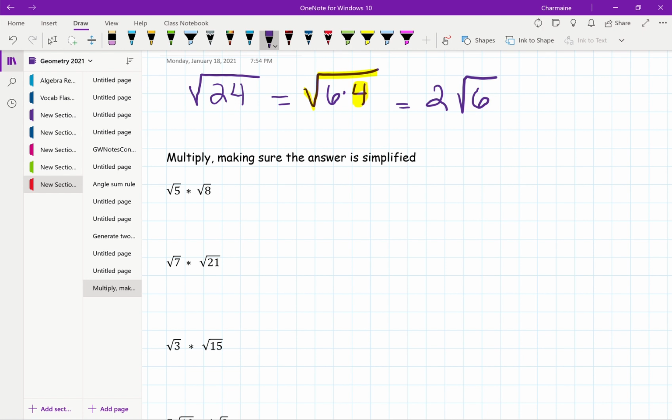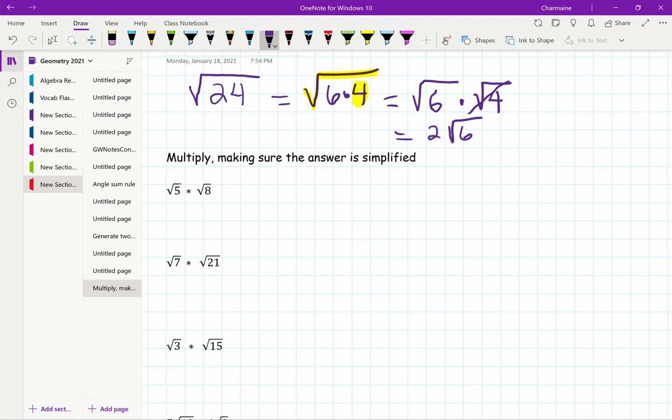Now, if you remember, the way we started this is once we found the perfect square, in order to show you that I was going to take the square root of the perfect square, we said that since this is all multiplication, I can break the product up and give each one of those its own square root. So I took that product of 6 times 4 underneath the square root. I broke it up still as a product, but where each one had its own square root. And then I took the square root of 4, which is just 2,